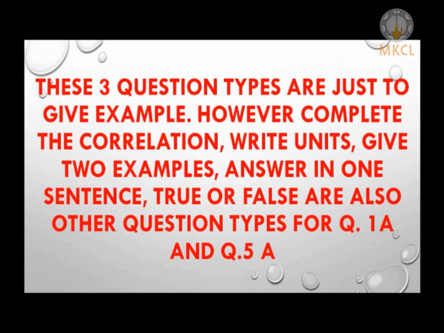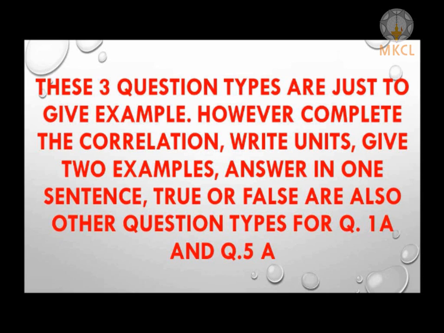or otherwise only the incorrect option is sufficient. Now the next one is to complete the correlation. Study the type of relation which is given in pair 1 and then write the missing term and underline the word which is filled in here. For example, current is related to ampere and then you have to find the related word for potential difference. Now ampere is the unit of current and similarly the volt is the unit of potential difference. So here the proper answer is volt, which you have to write.